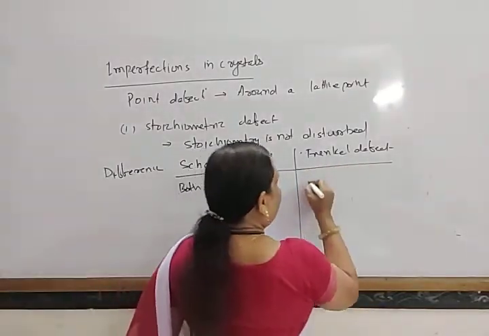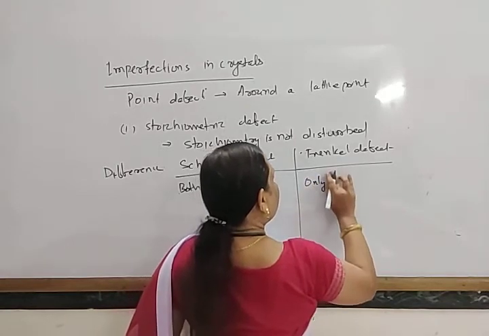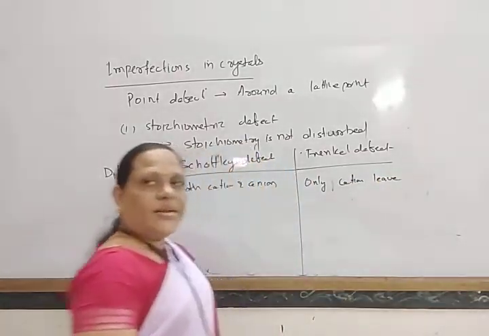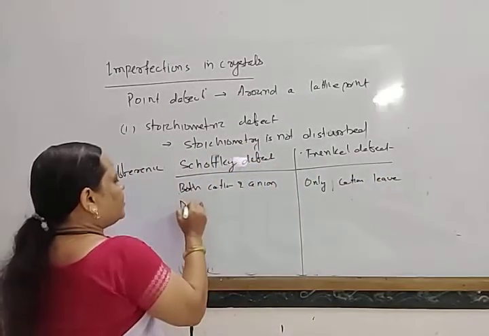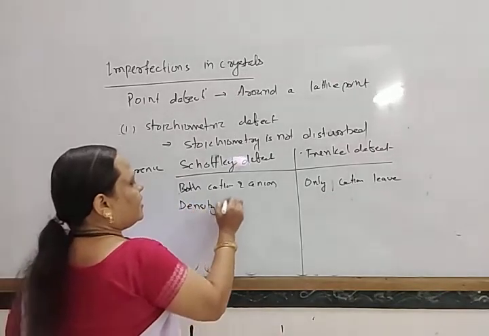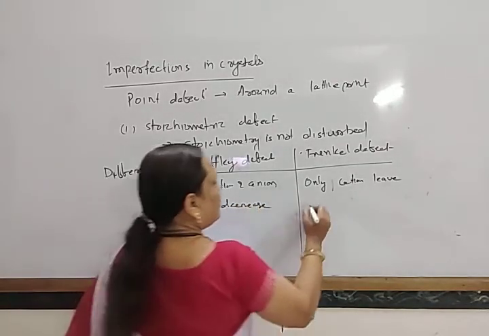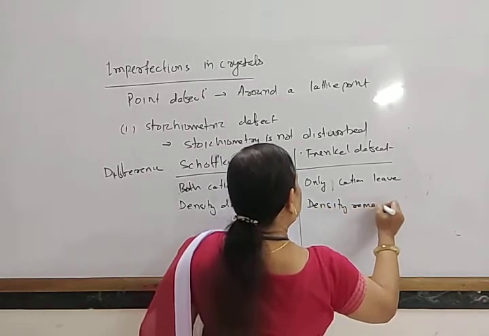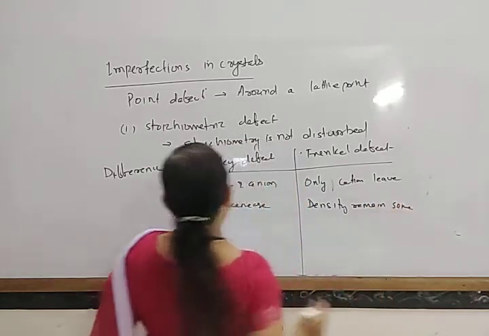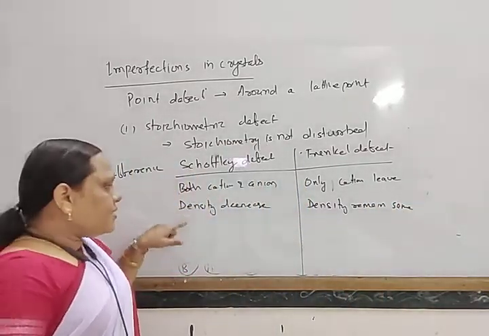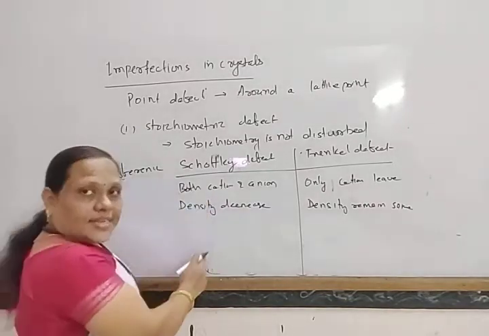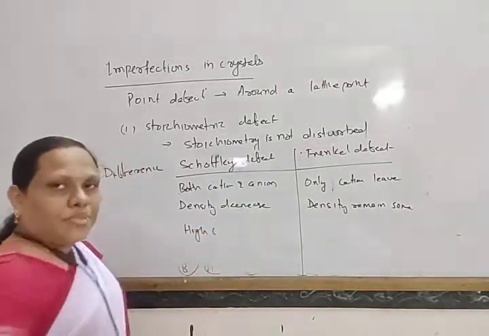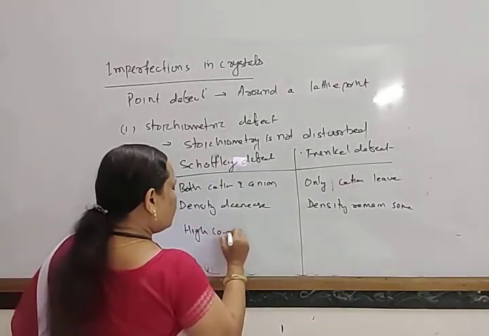In Schottky defect density decreases, and in Frenkel defect density remains same. And Schottky defect generally takes place in ionic compounds having a high coordination number,